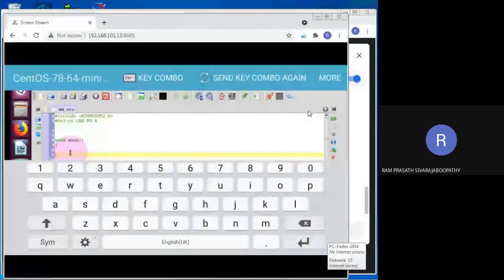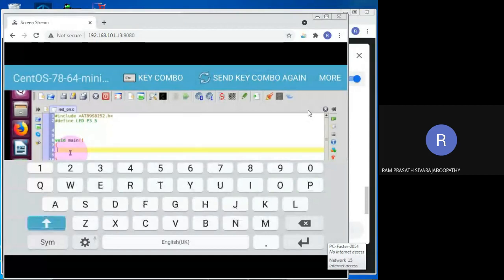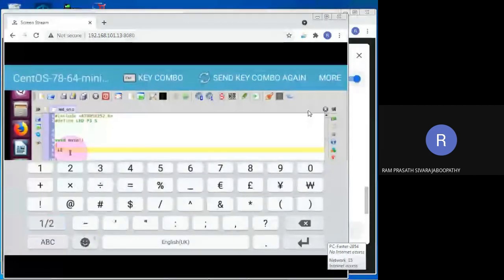So what I'm going to do is LED on. That's it. LED, wait a minute. LED equal to 0. That's it. That's not the whole of my program.